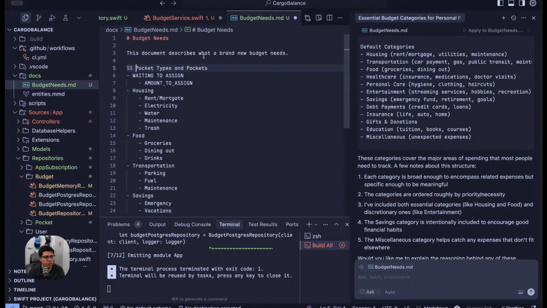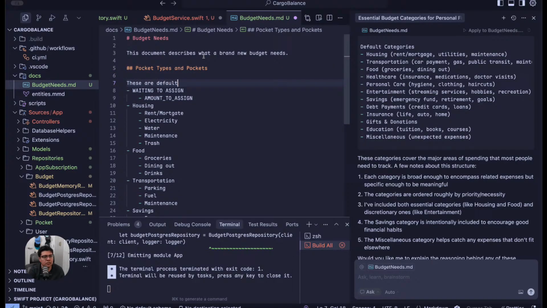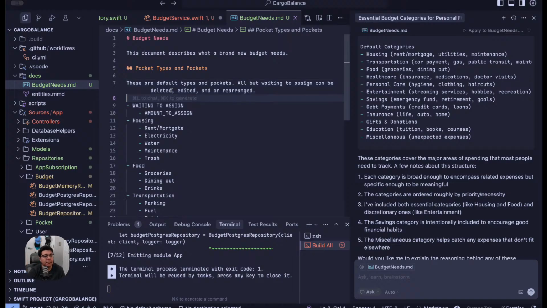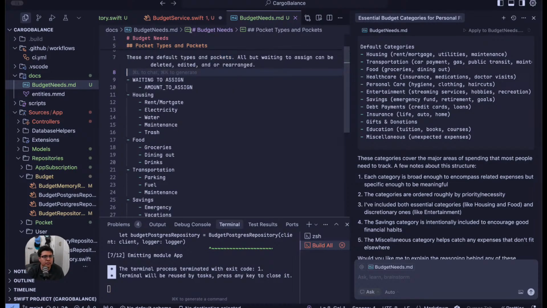So these are default types and pockets. All but waiting to assign can be deleted, edited, or rearranged. Right? That sounds right. These will also help me build out the website docs at the same time, like how to do things. All right, so now that we have this here,